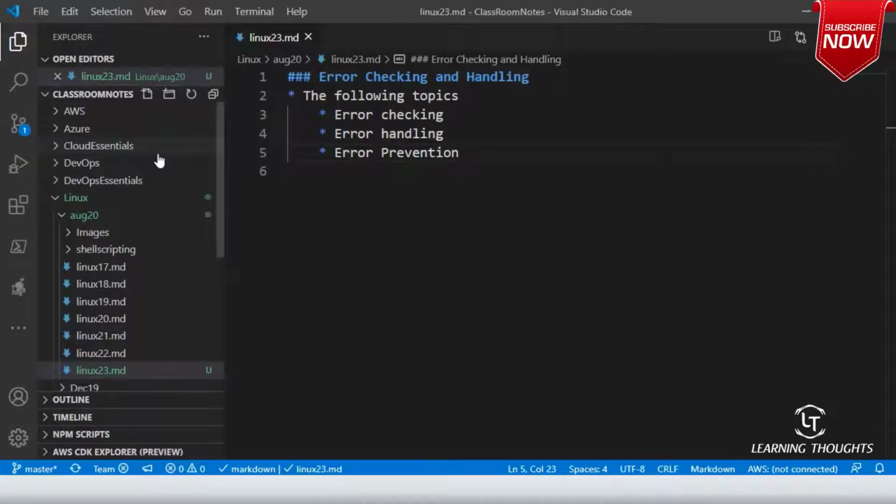Okay. So now let me go ahead and start on error checking. What do I mean by error checking? Whenever you give a script, let us try to understand how I can check for errors.